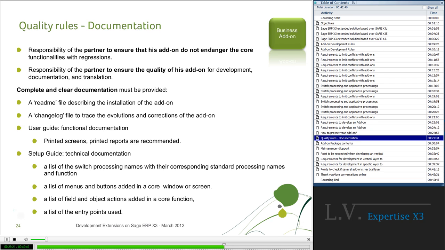Going much further than the README file, a setup guide should be provided.